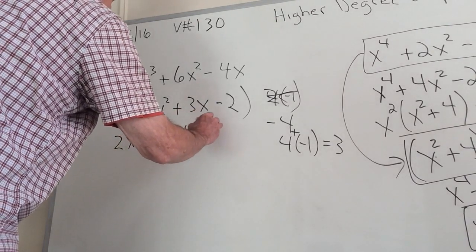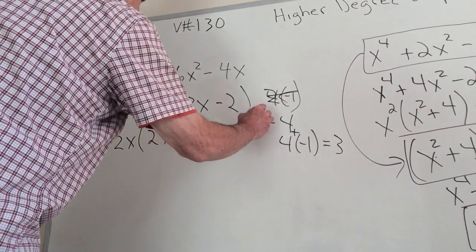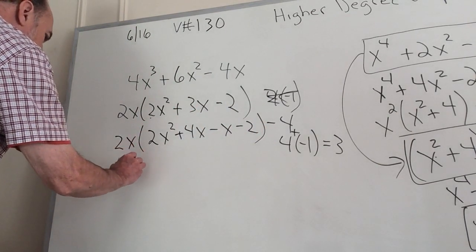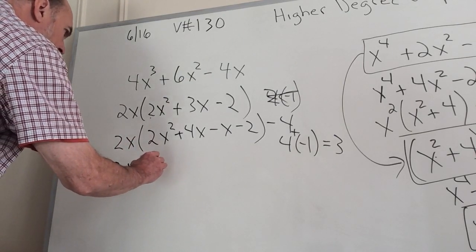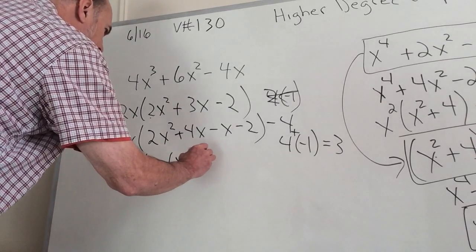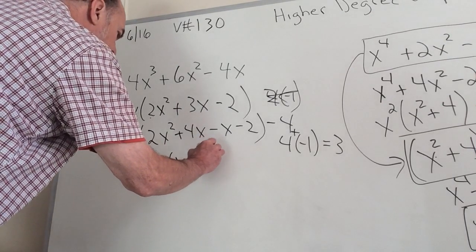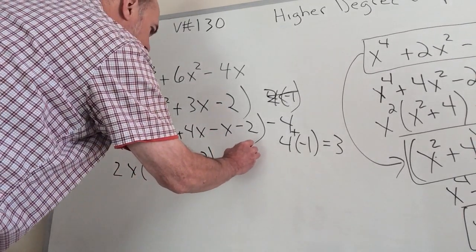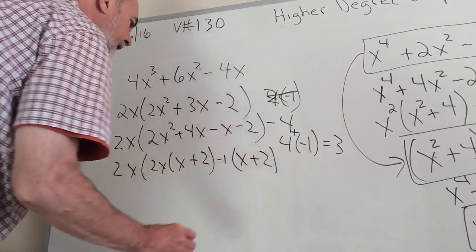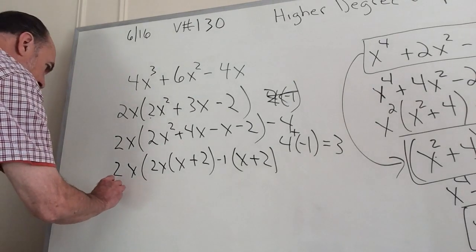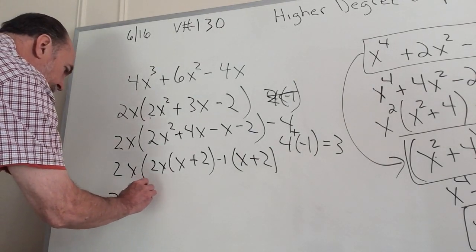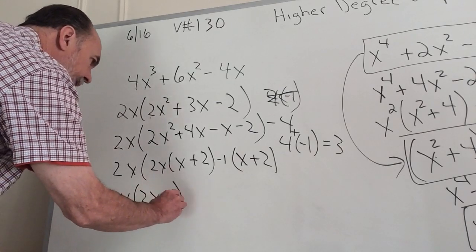There's plus 4x, there's minus x, and there's minus 2. Okay? And now we factor again. And there's 2x times x plus 2. Rewrite the x plus 2. And then use the negative 1 to fill it in. And so the complete factorization is 2x times 2x minus 1